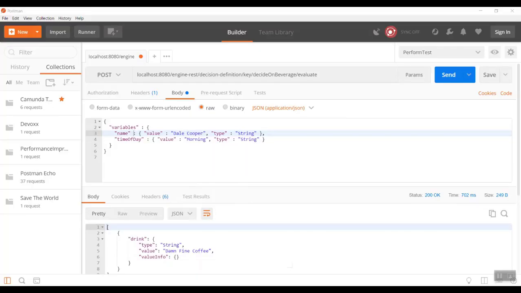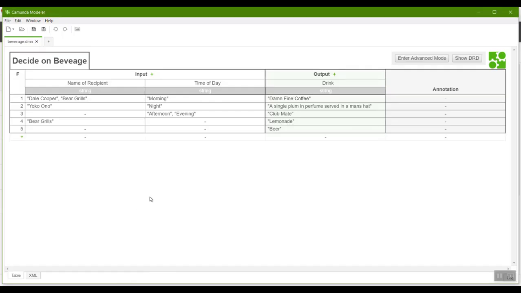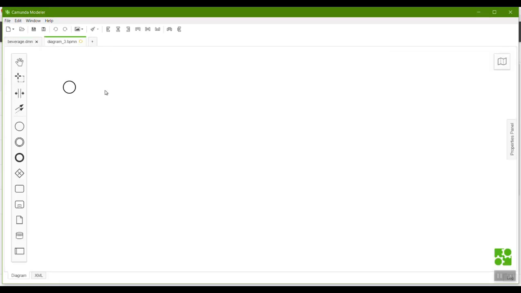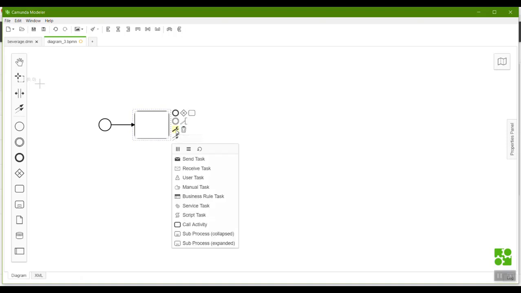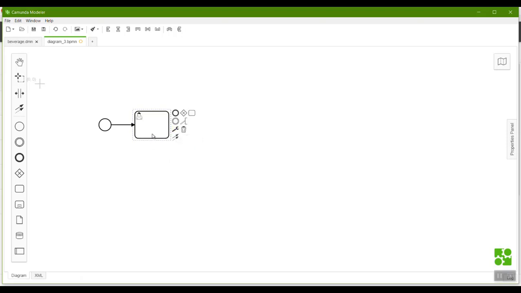We're going to return to the modeler. Okay, and this is where we modeled our table. And I'm going to just add a new tab, and this is going to create a new diagram. This diagram is going to be a BPMN model. So we're going to start here. Okay, this is where we begin, and we're going to basically create a user task where a user can enter details of the order. So enter order details. Okay, and these would be the parameters required by the DMN table.